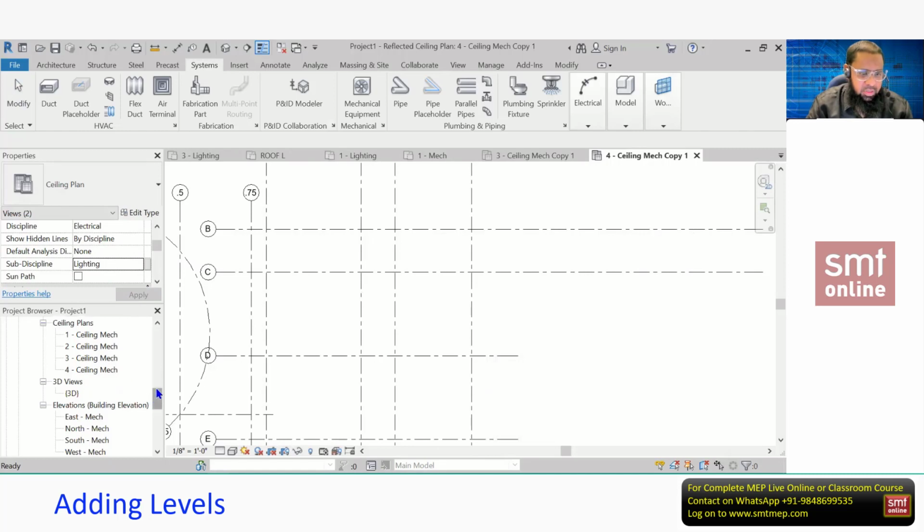Now you can verify. You see, under electrical discipline, lighting as subdiscipline, and ceiling plan you'll get by default, because this type is ceiling plan. So there is no need to assign the ceiling plan, because the type is ceiling plan, so it will be added in the ceiling plan by default. If there is no ceiling plan, the ceiling plan category will be created automatically, as per the type of view. And you'll find it here. Now you can rename. The same procedure you can apply for plumbing or firefighting also.